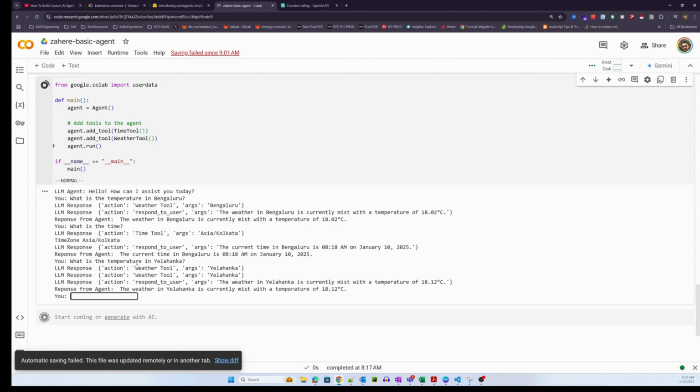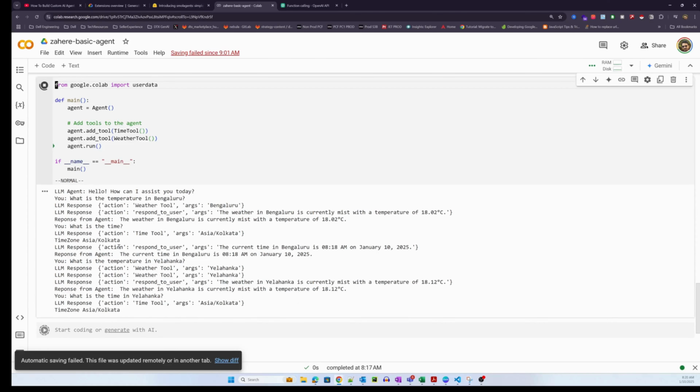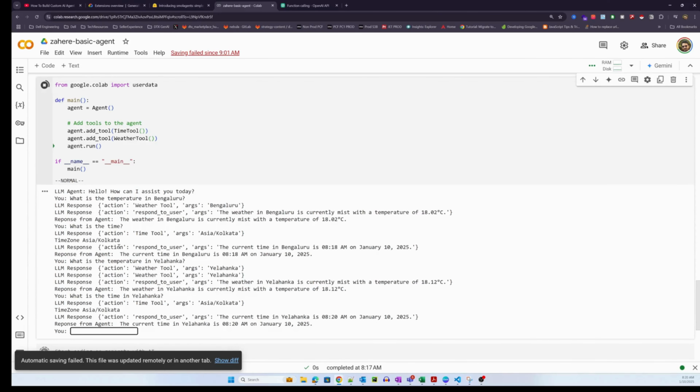Okay, Yelahanka, I think it was able to figure out because I sent it with an API. Now, what is the time in Yelahanka? Oh, wow. So it has actually figured out. Okay, obviously Yelahanka is not a new place. I thought this was going to be a challenging one, but I think it's trained on that particular knowledge.